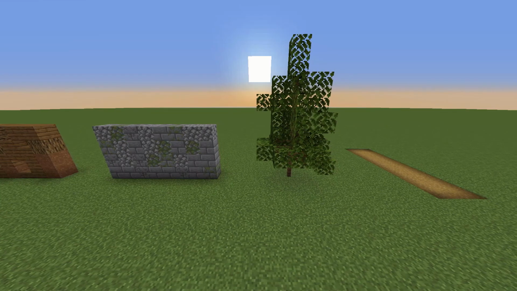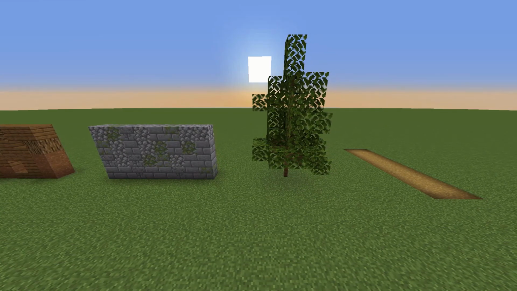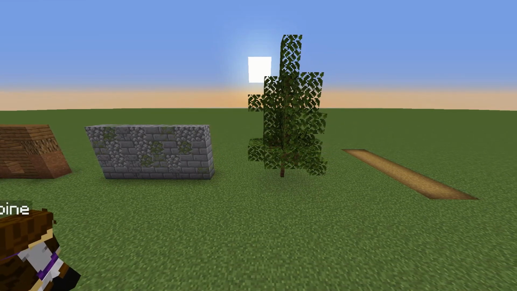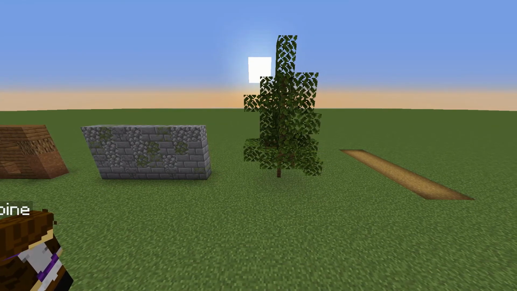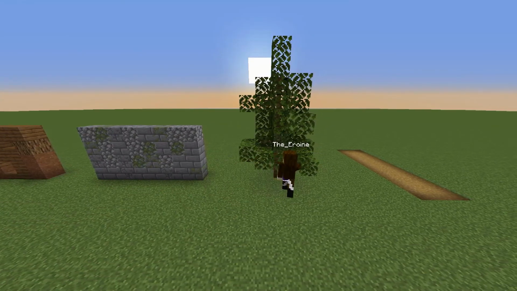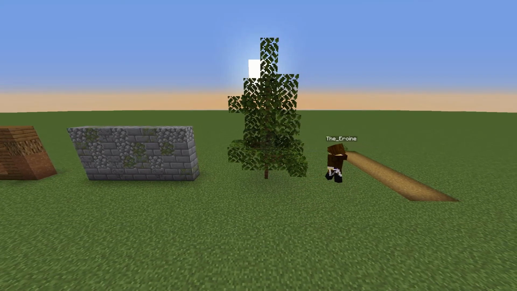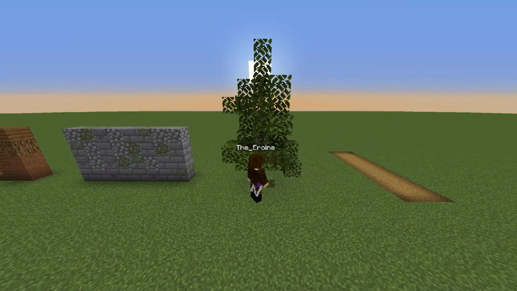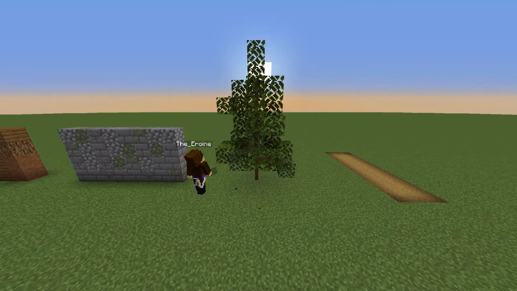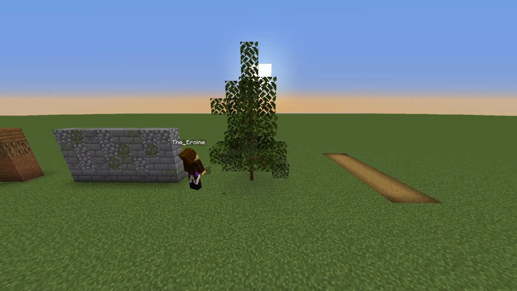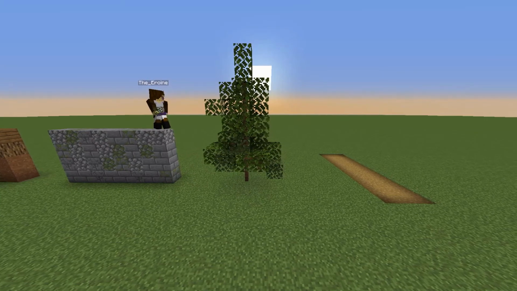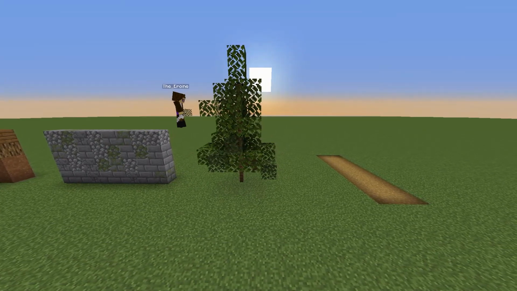So then this next one is a bit different. It's a tree, a custom tree. Now it does look good with just one type of leaves, but it could look better if we had multiple types of leaves. So I decided to mix in some birch leaves, just destroy and replace some of the oak leaves around there. Really simple, just destroy and replace,